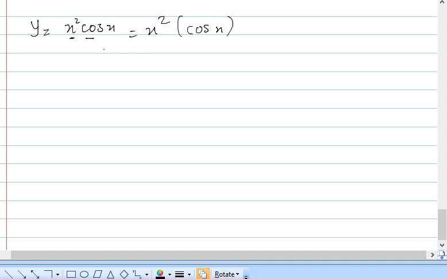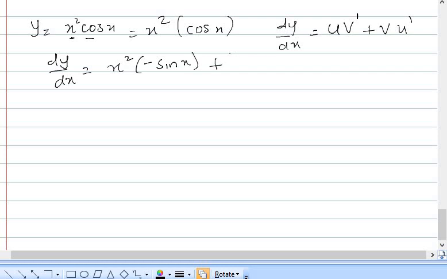So what you need to do is take one constant, differentiate the other one, take the other one constant, differentiate the first. So dy by dx is equal to u differentiate the other one, take v constant, differentiate u. So we take x squared as a constant, then differentiate the other term. The differential of cos is minus sin,